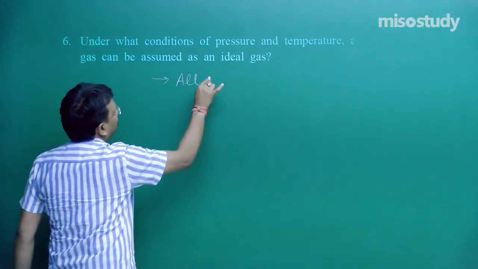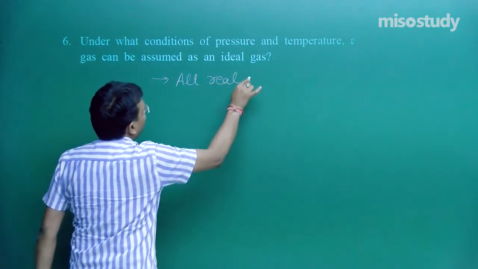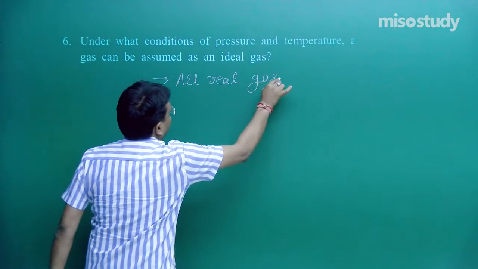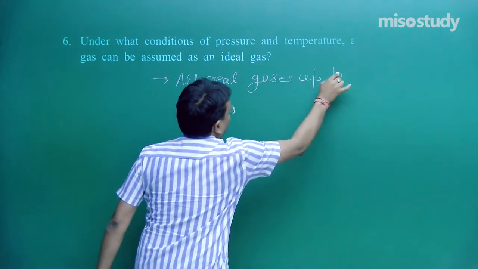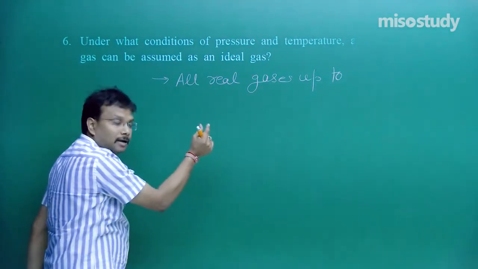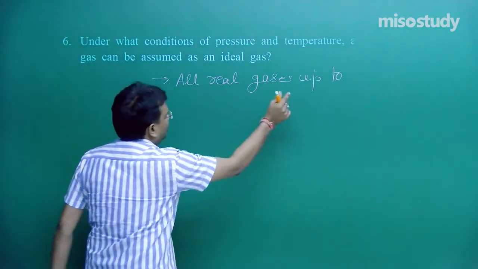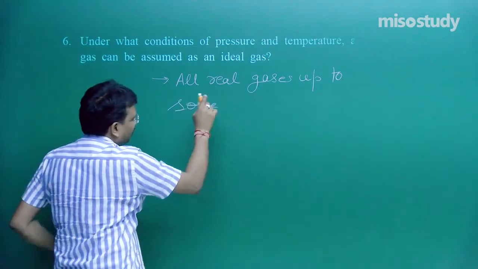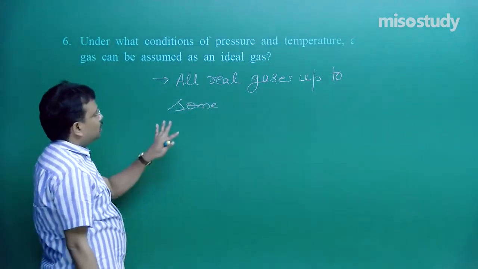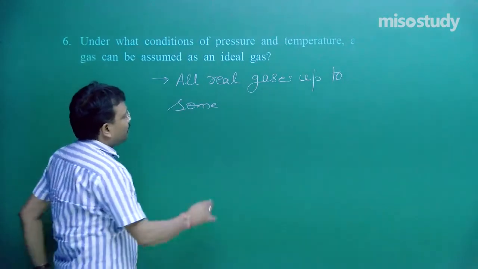All real gases, up to some extent, this is the crux of the matter. All real gases, up to some extent, let me be very logical, all real gases up to some extent